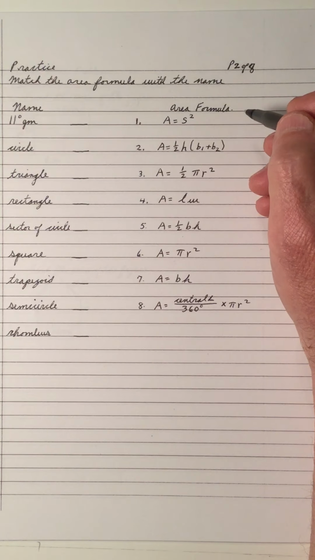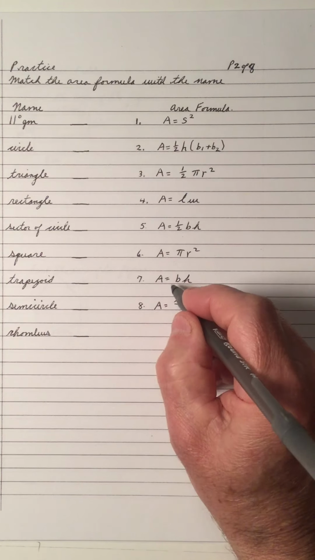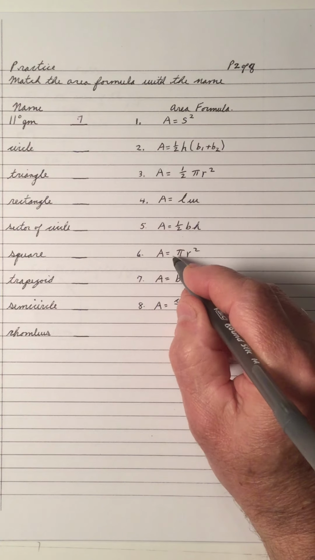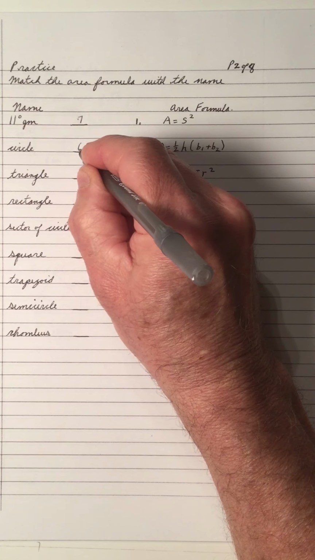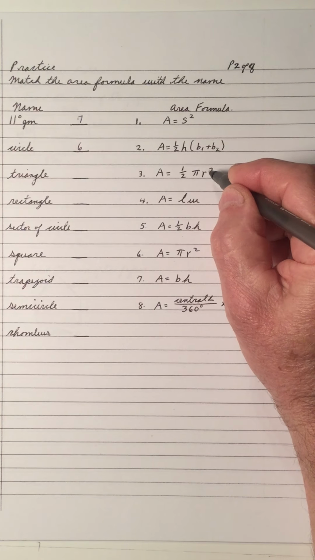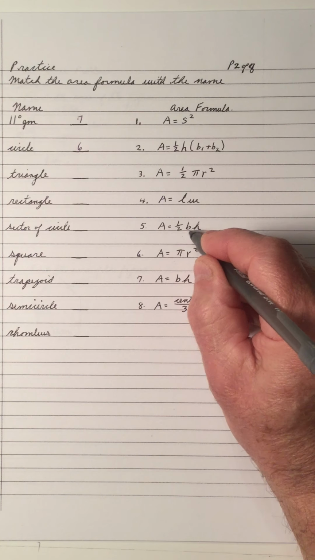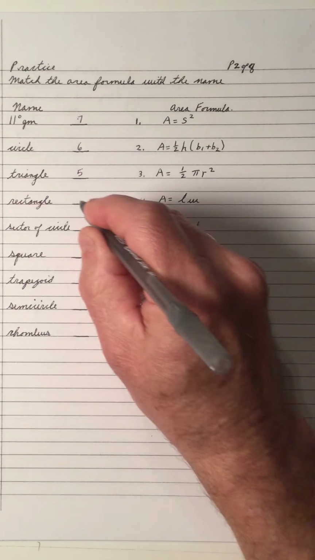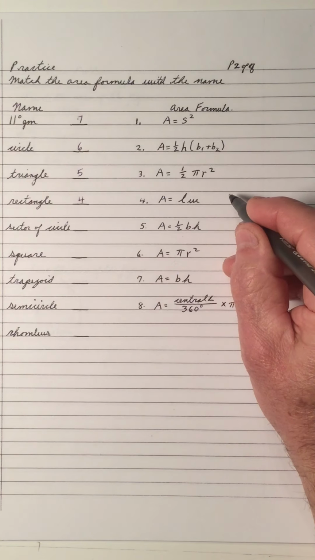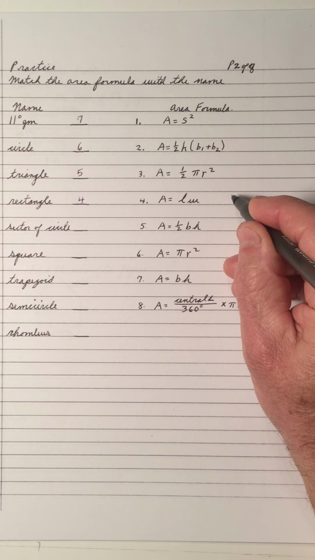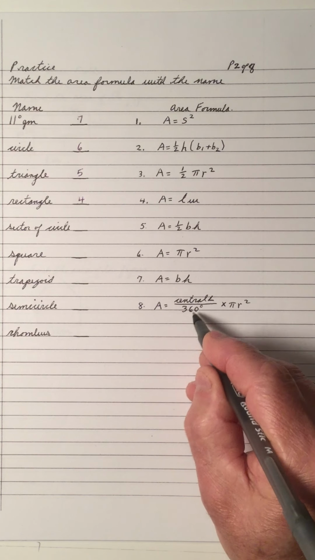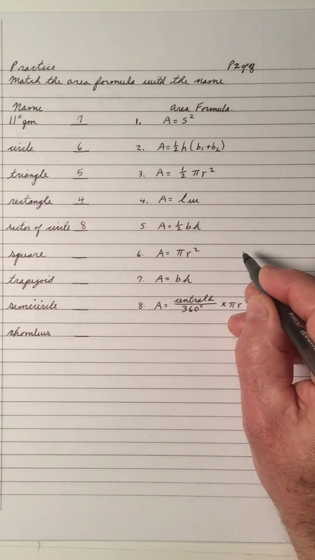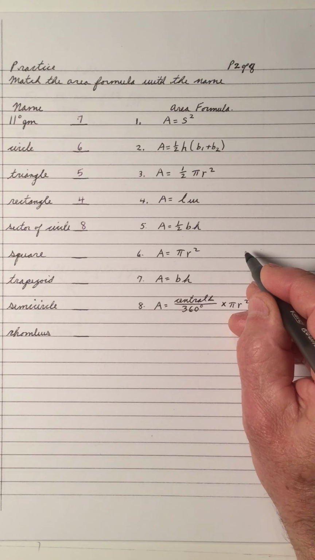A parallelogram is base times height, so number 7. A circle is pi r squared, number 6. A triangle is half the base times the height, number 5. A rectangle is length times width, number 4. A sector of a circle is a part of a circle, so it's 8, the central angle over 360 times pi r squared. A square is a rectangle, but the sides are equal, so it could be length times width,